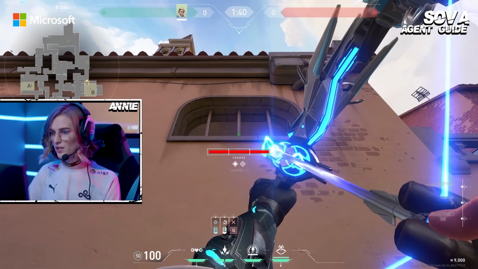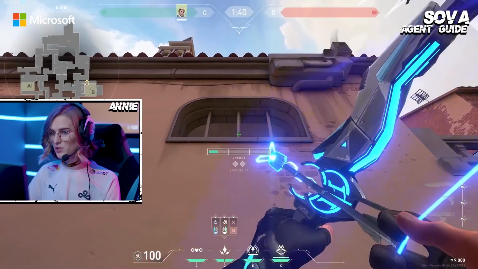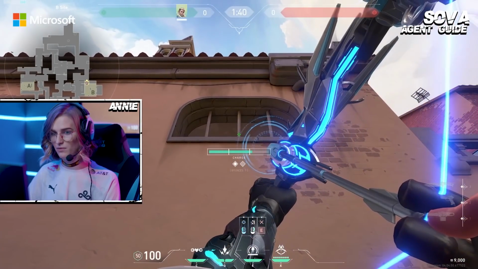Another thing I like to do is off rip, I like to fire shock darts just from right here. This is pretty good. If anybody's pushing into B main off rip, they're gonna take a nice shock dart to the face. A lot of the times I like to save a lot of my util to counter what enemy